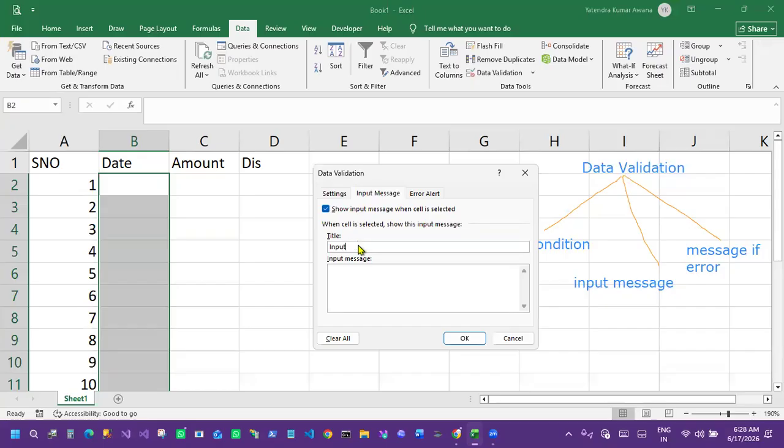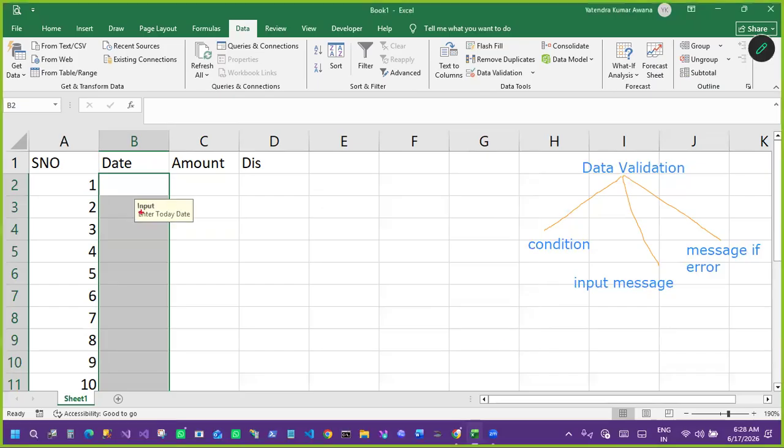See, whatever you are able to see now is coming with the help of input message. If you do not give anything in input message, you will not be able to see anything. You are getting my point?